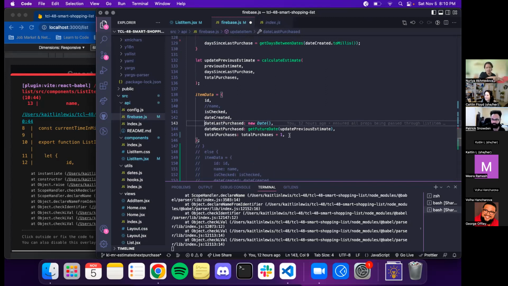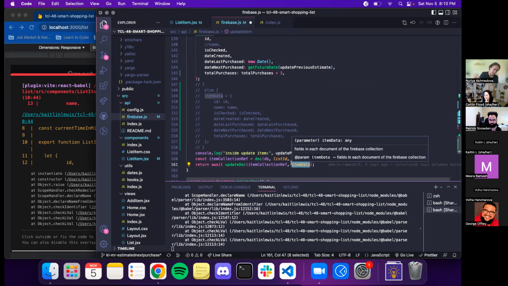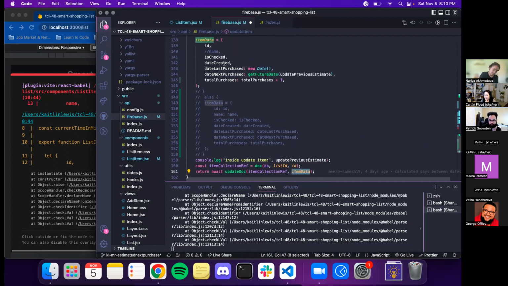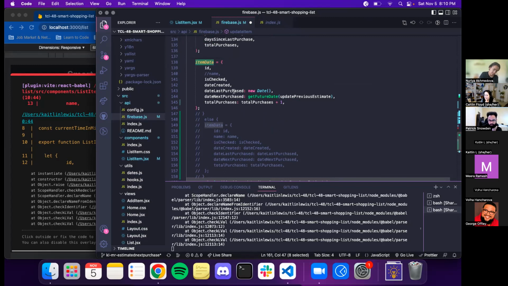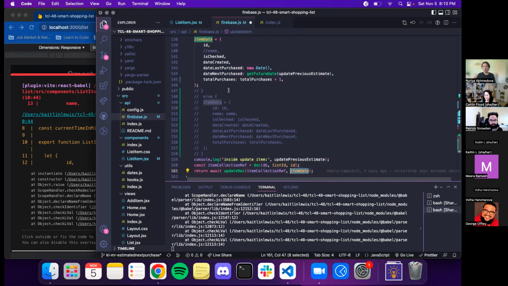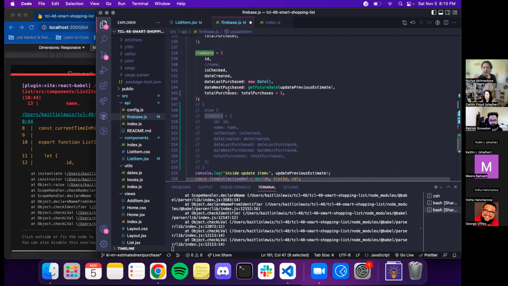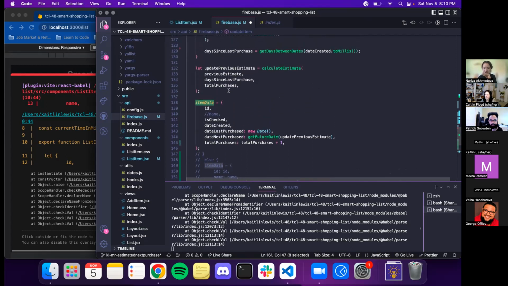This one here is our actual update. Should I throw that into this instead? I think you would update your item date last purchased. You would set it to what needs to be set, right? And also I think you are still using the date last purchase where you set the new date here. Remember we saw yesterday that it would introduce different errors. You would probably pass. Oh, you're on the Firebase side. Never mind. Sorry.